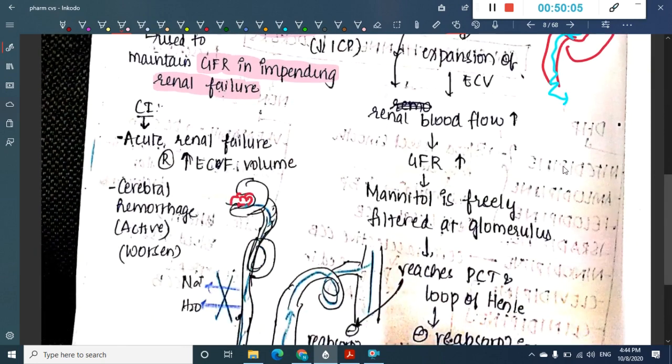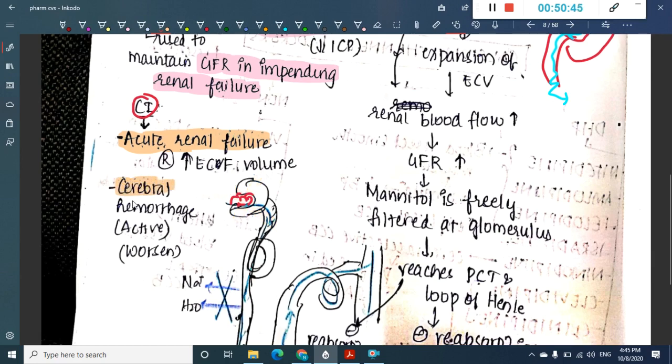Okay. Now, what are the contraindications? If you see the contraindications, the most important contraindication here is acute renal failure. Why is it contraindicated in acute renal failure? See, the mannitol along with the water is excreted through the kidney, right? If the kidney is not functioning properly, then the mannitol along with the water, the fluid which is there, cannot get excreted, and as a result the pressure on the blood, the cardiac output increases, the blood pressure increases, and this worsens the condition even more. Okay, so you should not give it in acute renal failure.